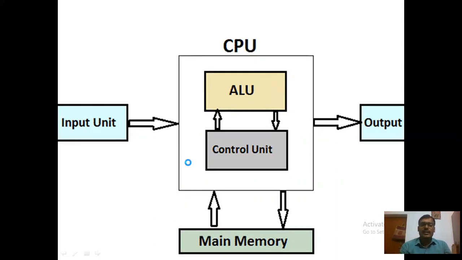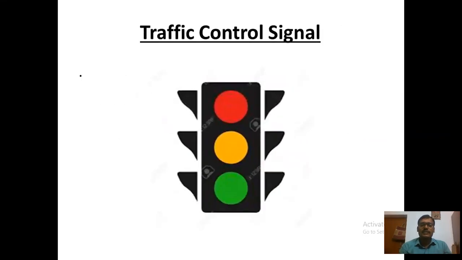Okay, you can see this is the traffic control signal. So you know that after 1 minute or after 2 minutes, another light will glow. Suppose the red light is glowing, so after 1 minute, red light will stop and yellow light will glow, and then green light will glow. Okay, and so on. This process will be repeated again and again. So it is possible with the help of program. Without program, this traffic control signal will not work. Okay, so some programming has been made so that the machine can do something.